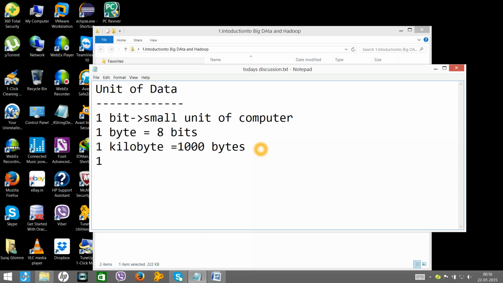Again, above kilobyte we have megabytes, which is equal to 1000 kilobytes, equivalent to 10 to the power 6 bytes.